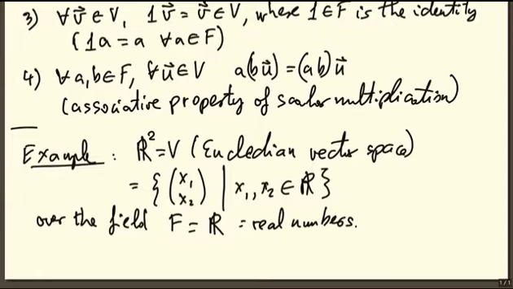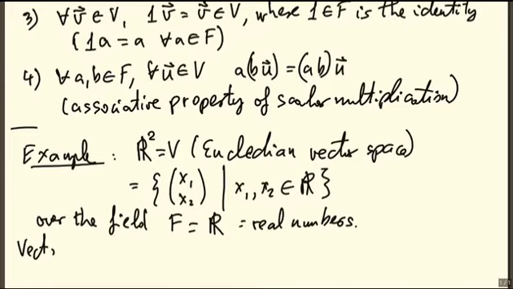We're not going to consider abstract fields. All right, so how is it a vector space? We have to define